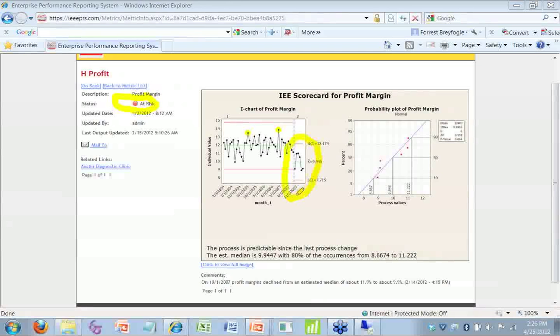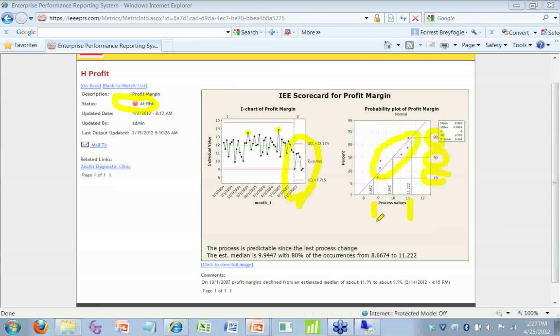So if we've got a recent region of stability, which we do here, in this area right here, then what we can do is take that data, and we notice we got the 6 points, so those represent these points right here. Now in this particular case, we don't have a specification. So what I like to do is look at the median value and the 10 and 90% values. So that represents 80% of the months are going to be between this value and that value.